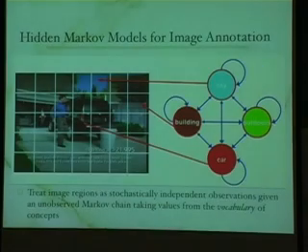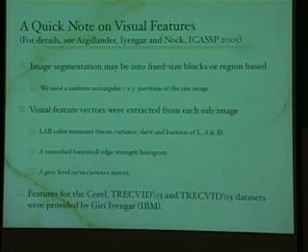All right, so a quick note on what these visual features are. In other words, what is being observed in this image? One of the decisions we made is we said we'll segment the image not by regions, but into fixed-size blocks, 35 by 50 by 50 blocks. And then visual features are extracted from each block, and these visual features were things like the color moments. And for reasons that I'm not an expert on, I can just tell you they were moved into the LAB color space, where apparently perception is more linear in the value of the colors. And essentially it gives the mean of the L-ness or the A-ness or the B-ness of the little block. If you're thinking RGB, it would be the mean redness, blueness, greenness of the block. And then the variance and so on and so forth.